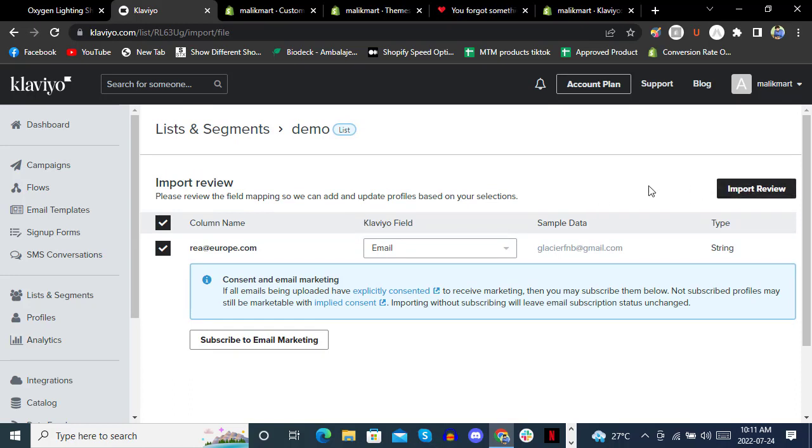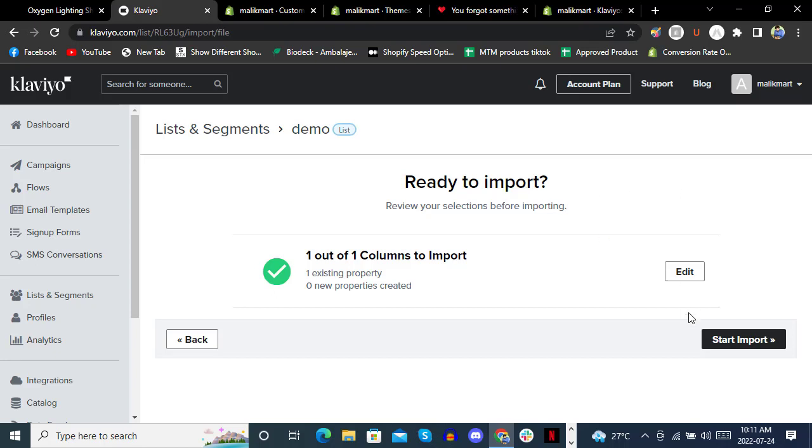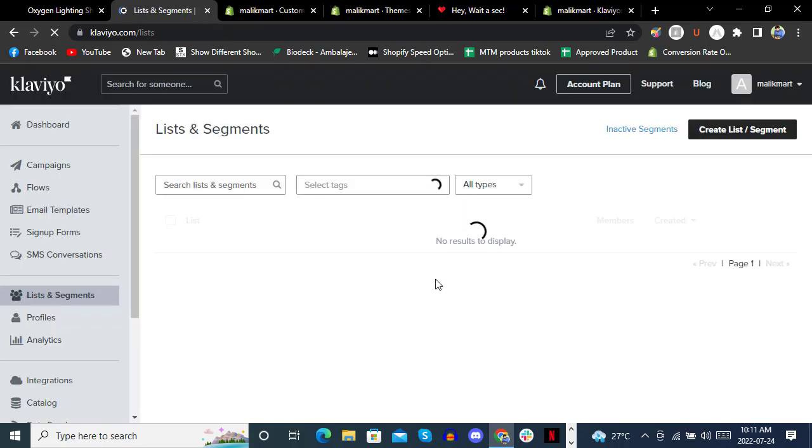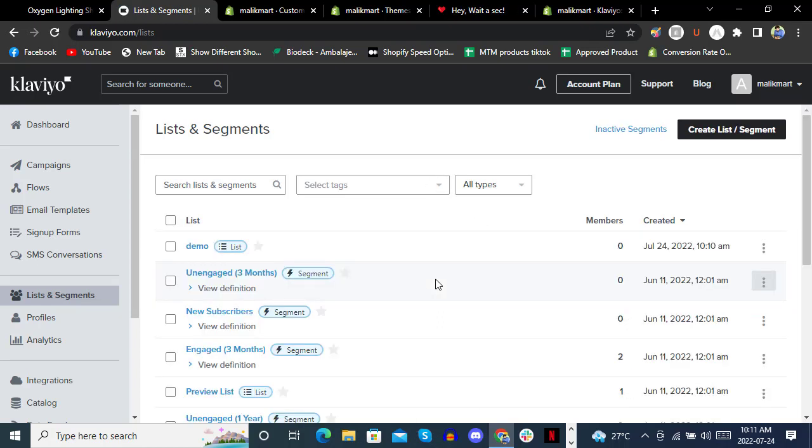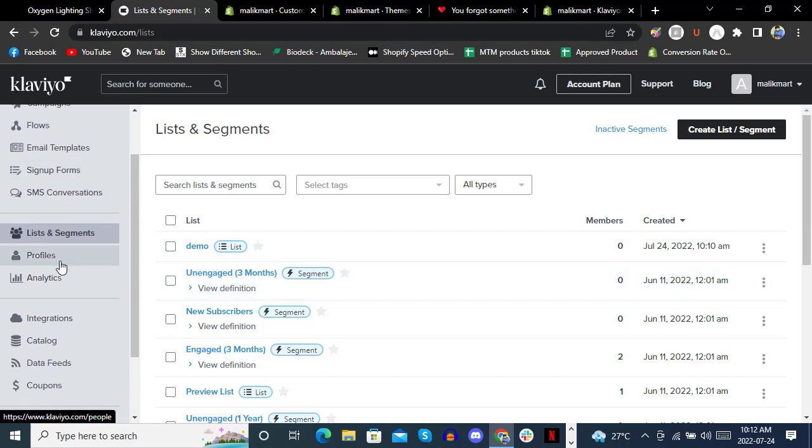So once you click on import review, and then once you import, you will see all the emails in this list named demo. We haven't finished that, so it shows as a draft right here. We haven't imported data into it. So just like this, you can create segments for targeting in campaigns, flows, email templates, sign up forms, and then